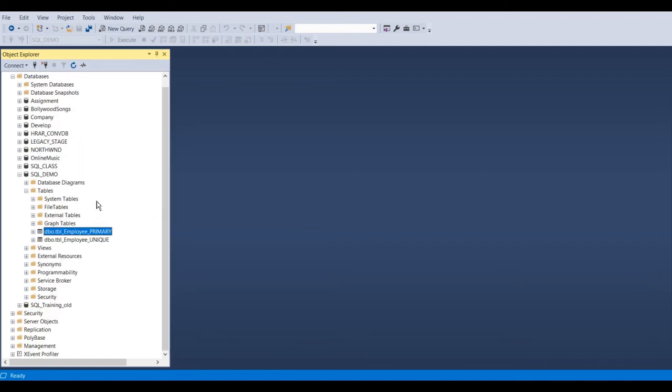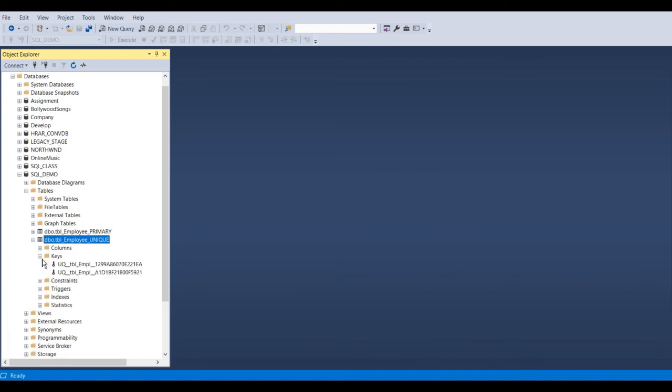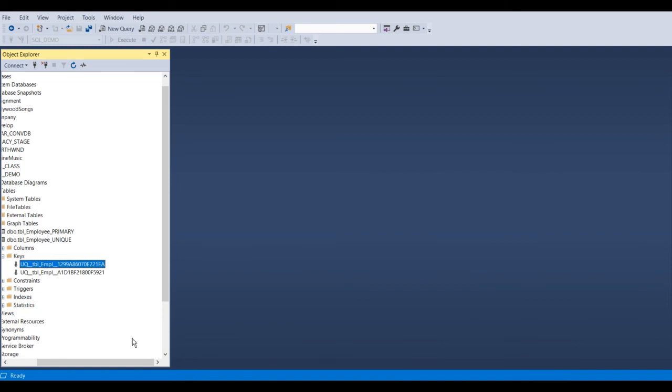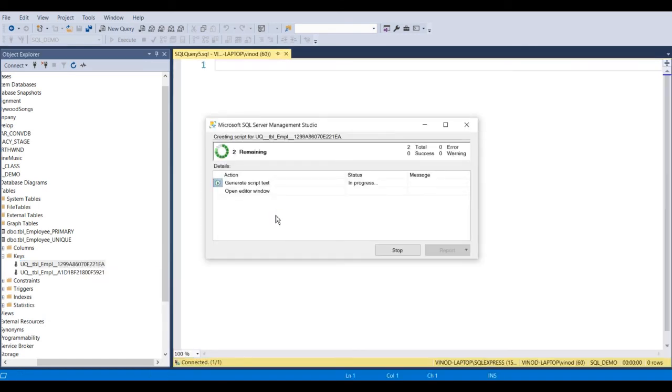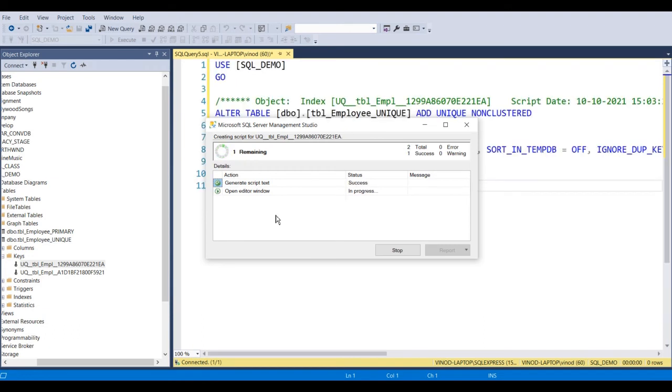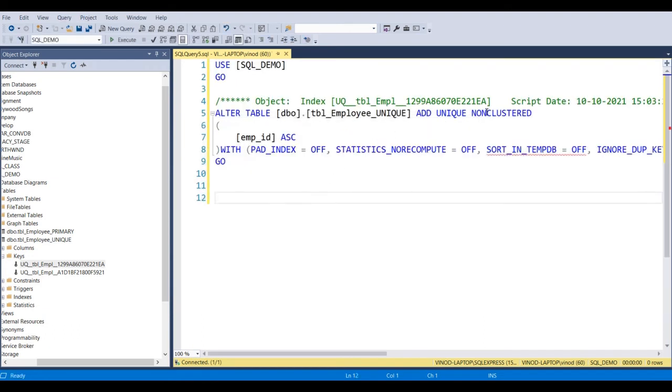So in that table, we have unique key. Now if you see over here, we had created two unique keys. So two indexes are created, and if you see the script which is getting created, you can see over here it's a non-clustered index.